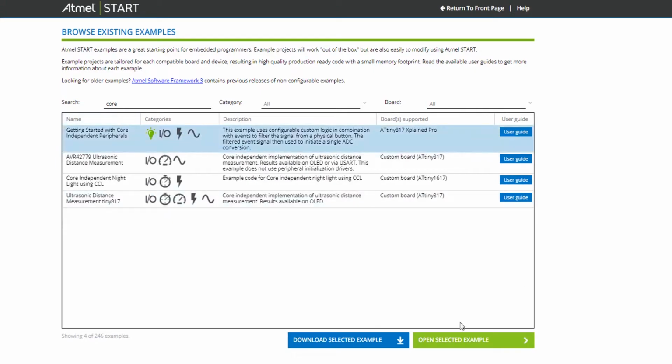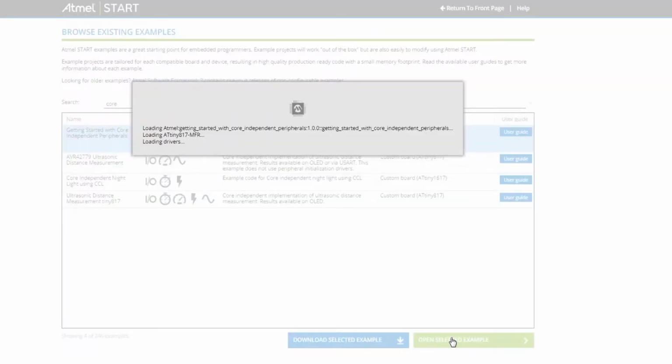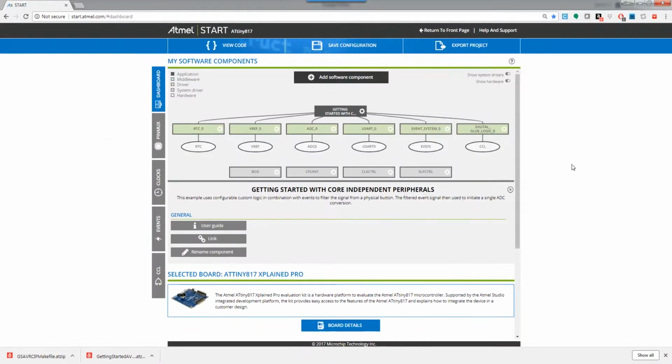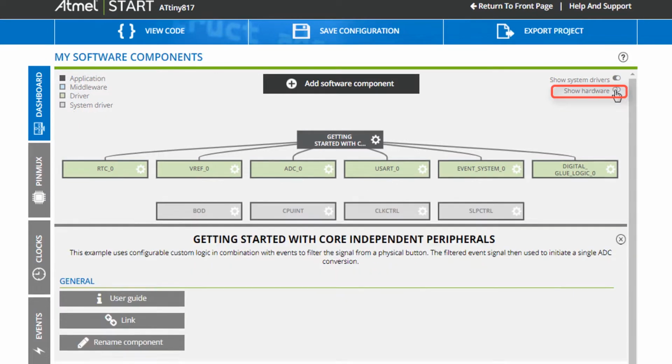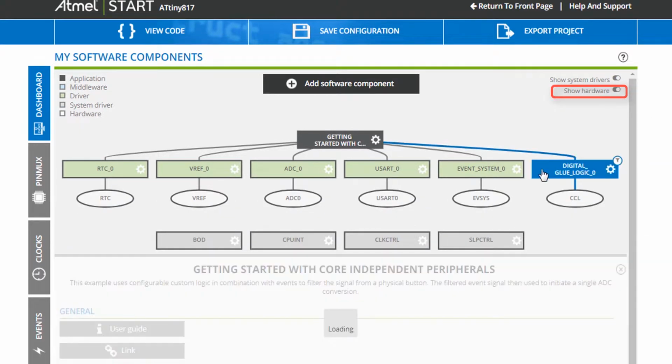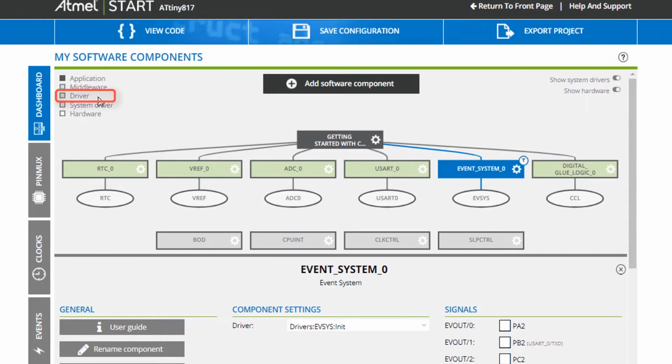We're going to use a Getting Started Core Independent Peripherals project. I'm going to start showing you how to find your way around here. So first of all, hardware. Note that these green layers here represented are drivers, and these circles here are the actual hardware peripherals on the